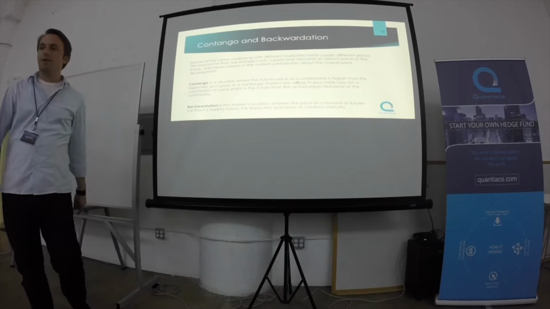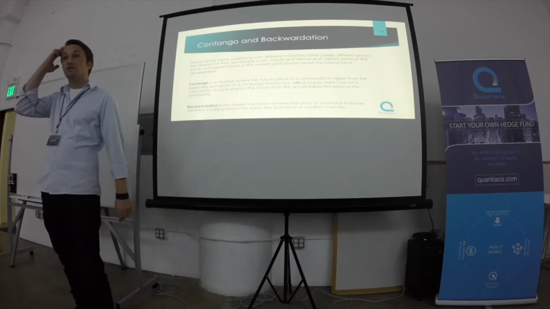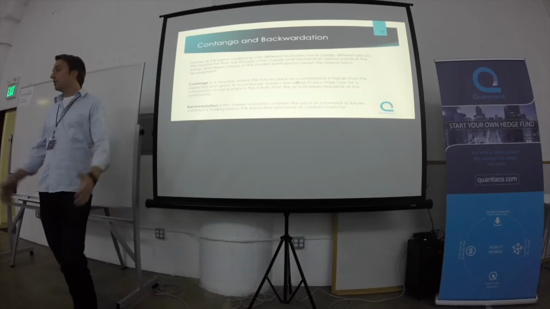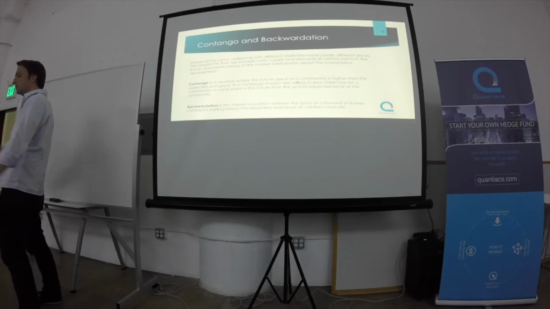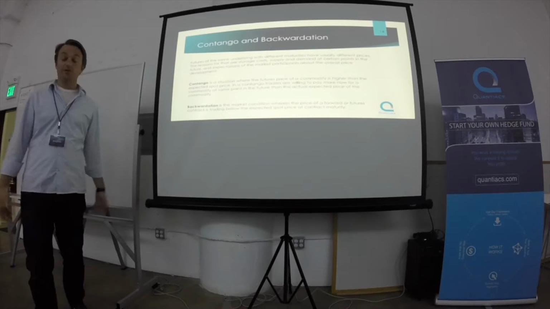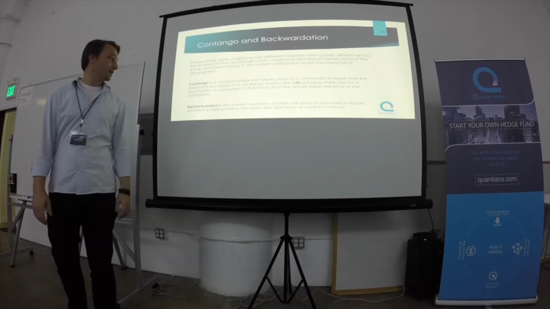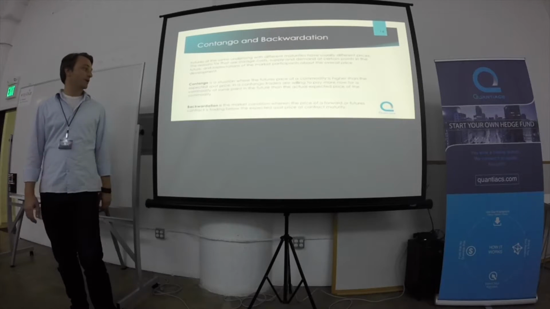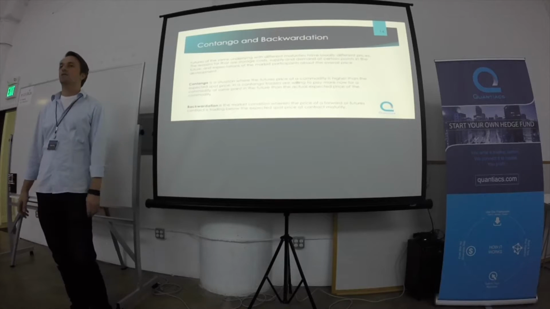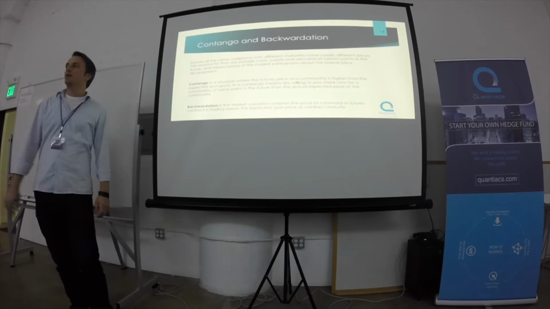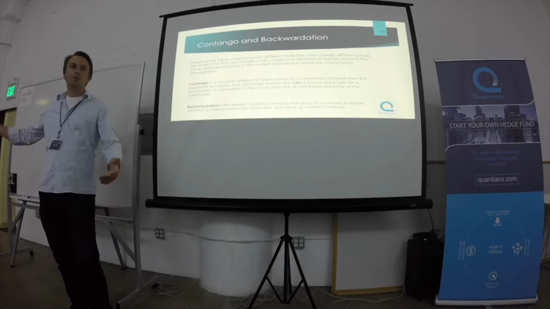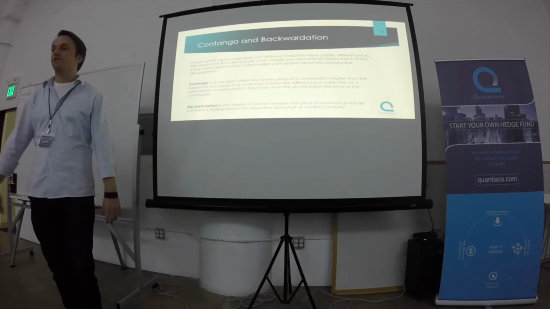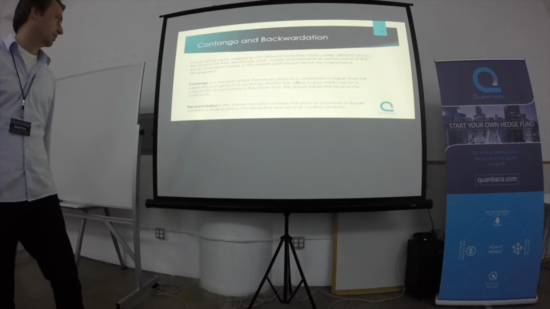This of course can also happen with agricultural commodities. So let's assume there is a shortage on the market, but I'm a producer of, I don't know, breakfast cereals, and I need to buy corn right now. But there is a shortage in the market, so it could happen that I need to pay a higher price than if I wait 3 more months for a new delivery when the crop year is finished. So this would be an example of backwardation.